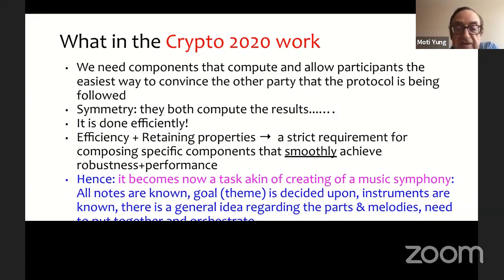Now we have as a blueprint, as a plan, the honest but curious protocol, and it has very nice properties, some of which I didn't speak about, but I mentioned just a few. And we want to retain it. So we know what we want. Now we have to put components together.